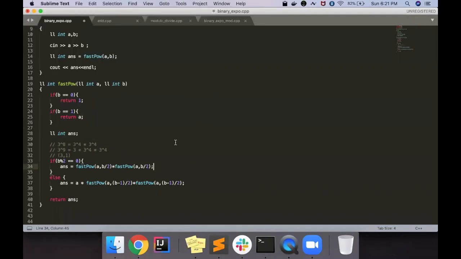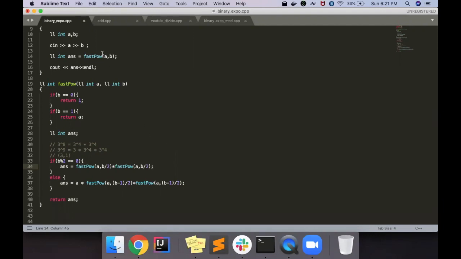Sir, I have a question. When we use the modulus operator, will it work in constant time? Just come to that, because I have just saved it. I will cover that thing in today's session. We'll talk about the modulus later.